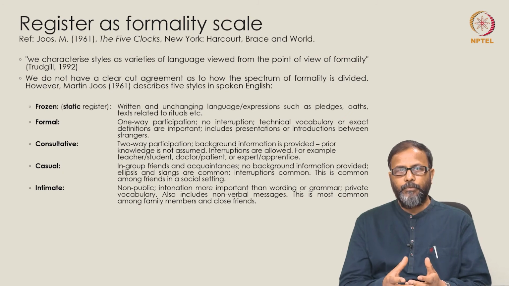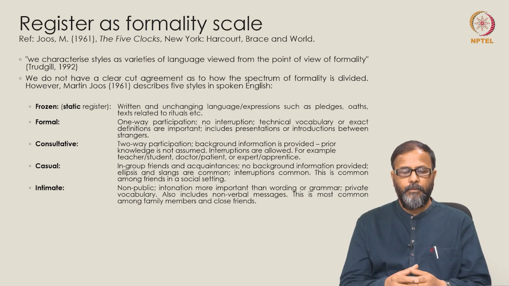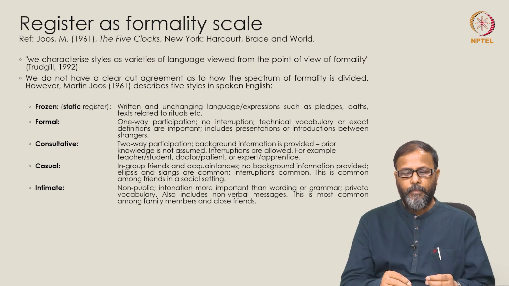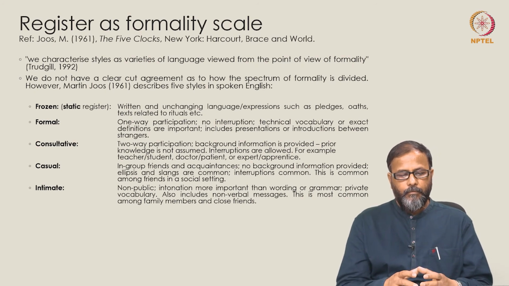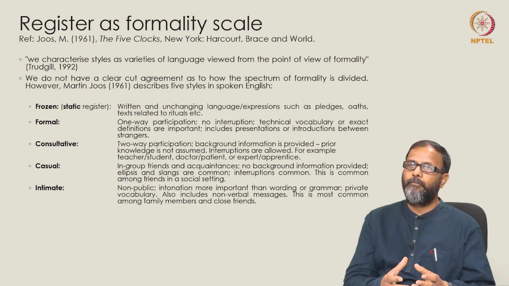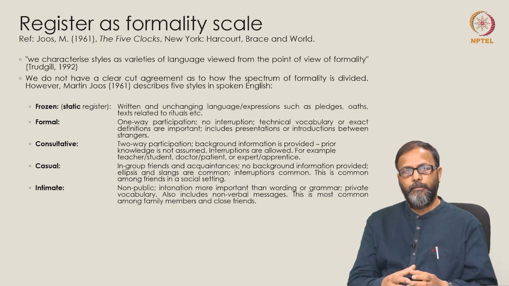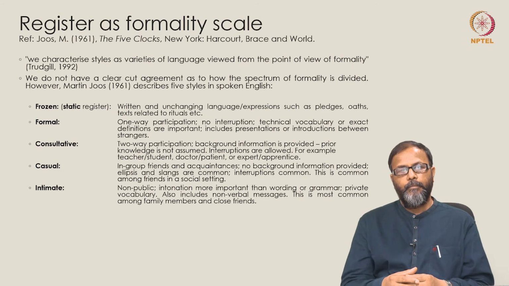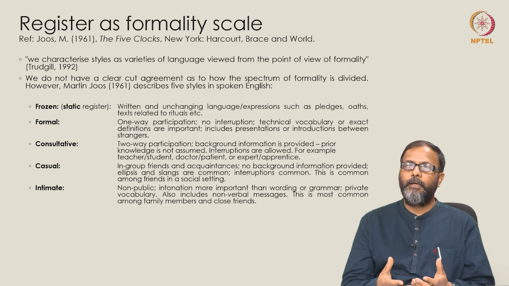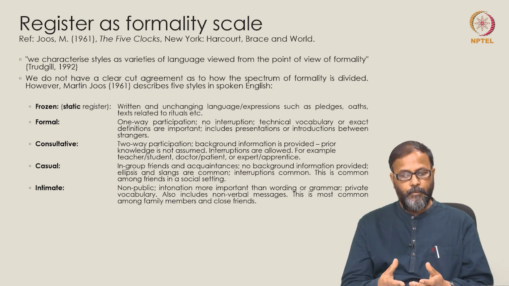So, Martin Joos came up with 5 distinctions. He gave a scale of formality, and we do not have a clear-cut agreement as to how a spectrum of formality is divided. However, Martin Joos describes 5 styles in spoken English, and these are: number 1, frozen,